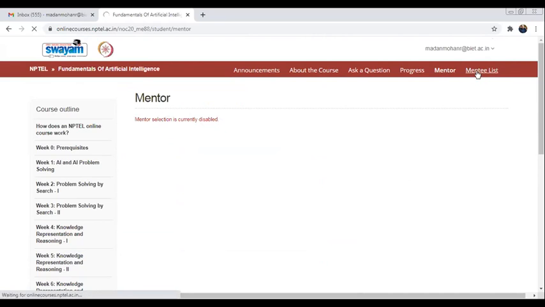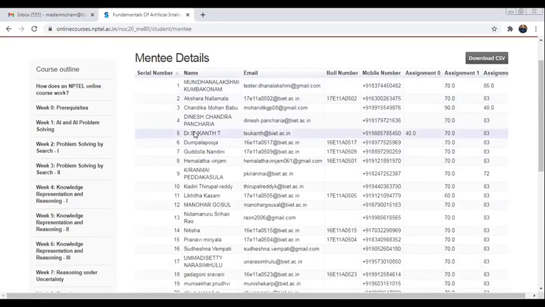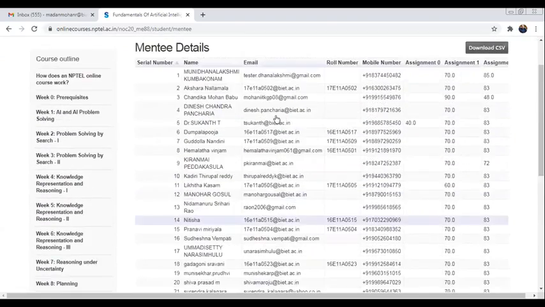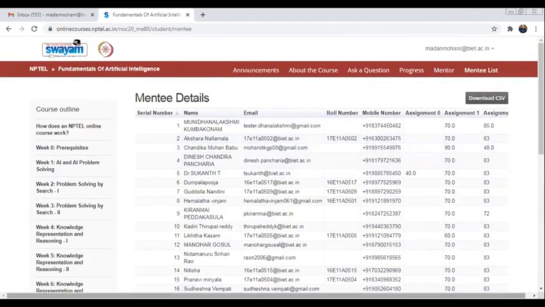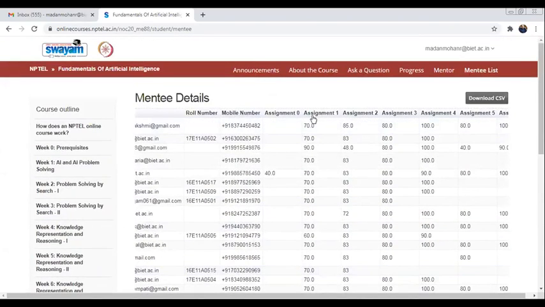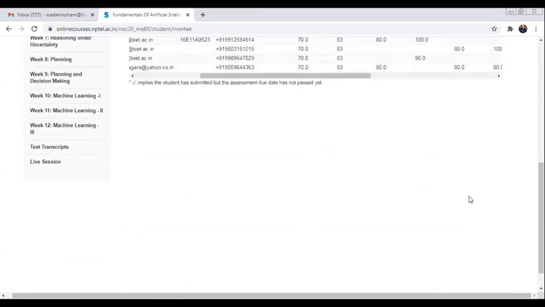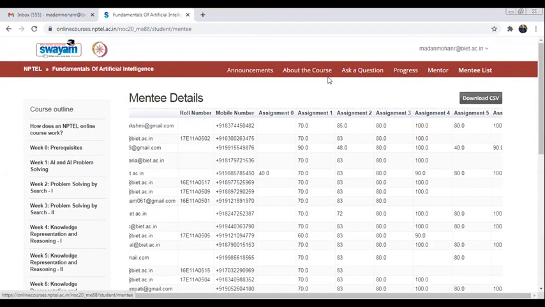In the mentee list, whoever set you as the mentor, all their details are displayed: name, email ID, roll number, mobile number, then assignment wise scores also. With this, you can monitor who submitted or not submitted. So you can monitor your mentee. You can download these details also, so from this you will get the mentee list.